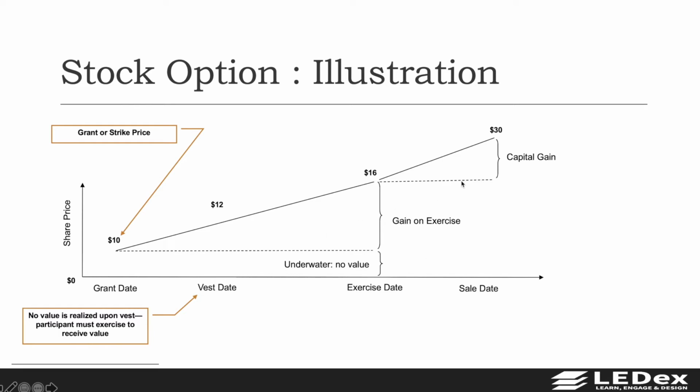Of course, with anything with stock, there is always a bit of uncertainty, and it is possible that instead of the share price going up, it actually goes down in the future. And if it does, a stock option essentially holds no value. Take an example: if at the time of vesting or the time of exercise, the price of the share was now $9,